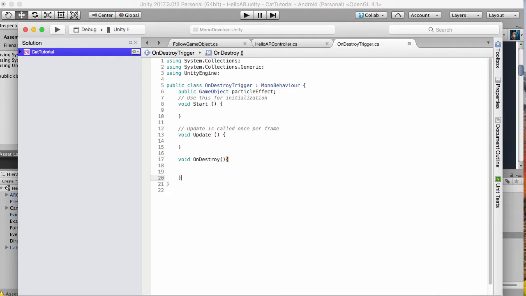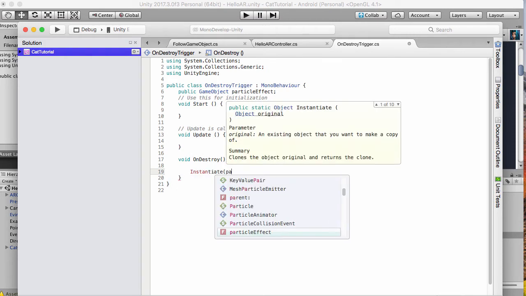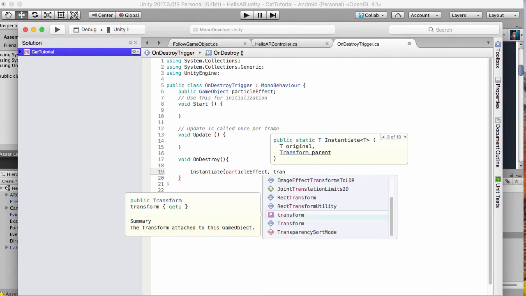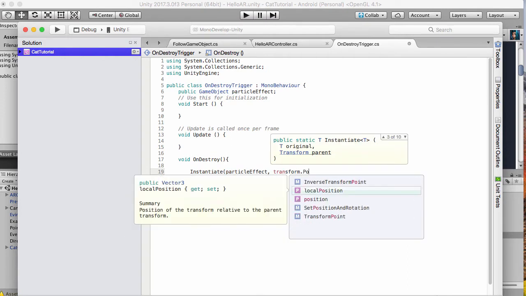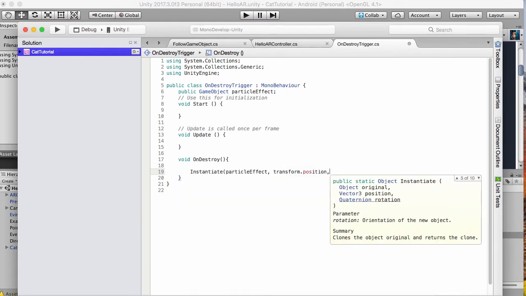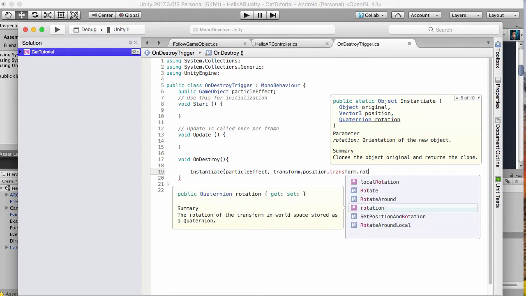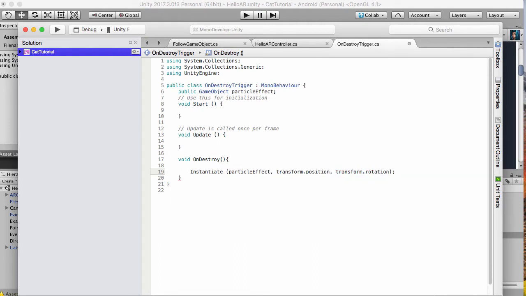We want to instantiate the particle effect at the transform dot position and transform dot rotation. Okay,